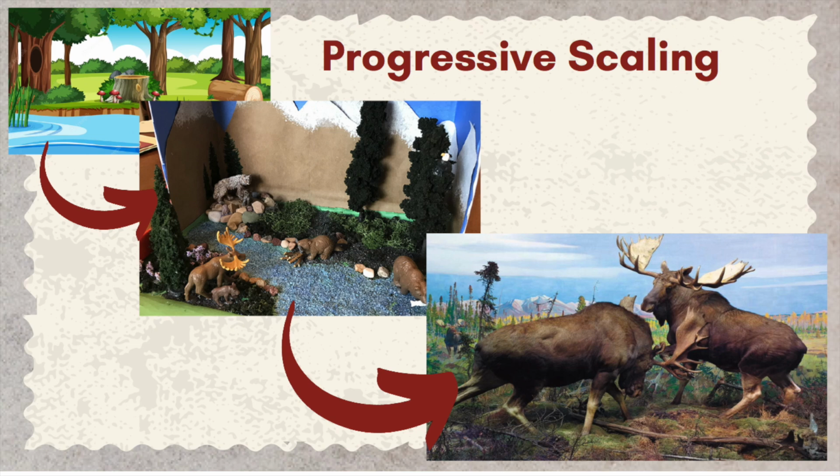Oftentimes when we first come to Christ, our picture is a flat, 2D, kind of cartoonish picture. That's great. That's glorious. I'm not saying that you should not want that. It's enough for you to get saved, once again. But then eventually, as you understand the historical and political context of what's going on in the New Testament, it's going to become a little diorama, a little 3D downscaled kind of thing. And you're going, oh, okay, this is how Jesus relates to the Pharisees, and this is how the Pharisees relate to the Sadducees, and there's a dimension to it. You can understand contexts. You can understand distance in a way.